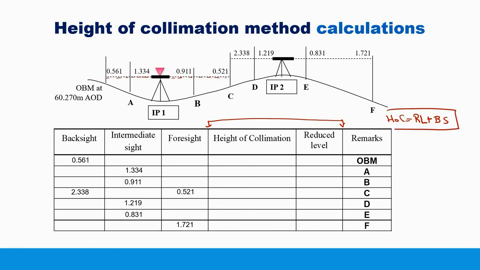The reduced level, the non-reduced level, plus the backside reading. In this case, this is the reduced level of the benchmark, 60.270, and this is the backside reading here. Okay? So the height of collimation in this case is 60.831, which is this number plus this one: 60.270 plus 0.561, which is 60.831. So this is the height of collimation